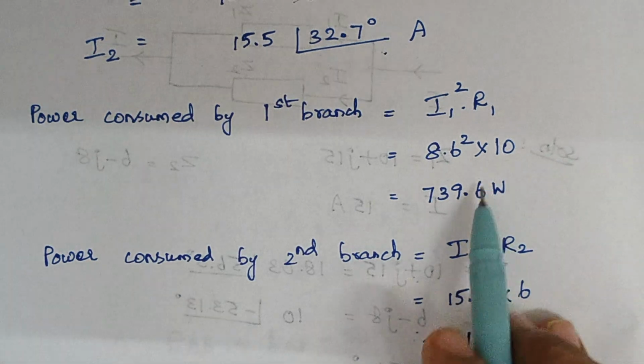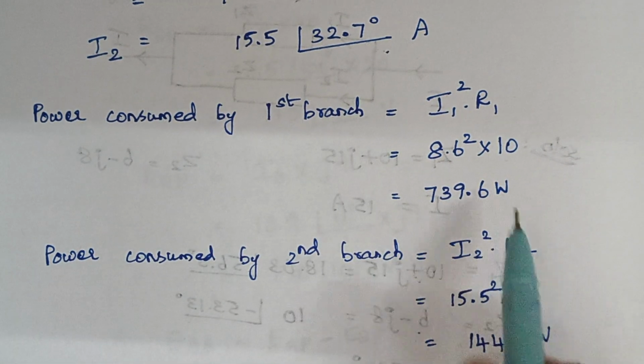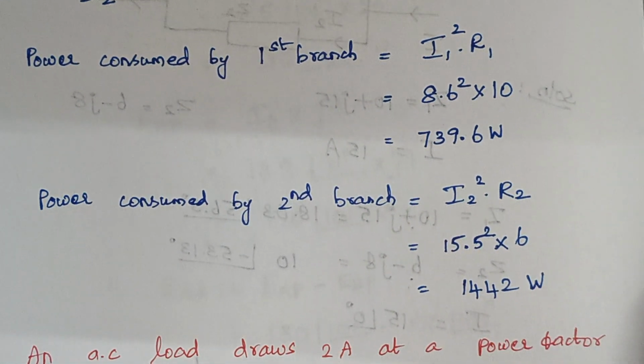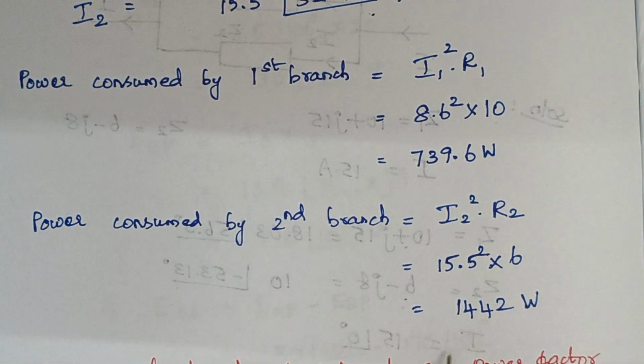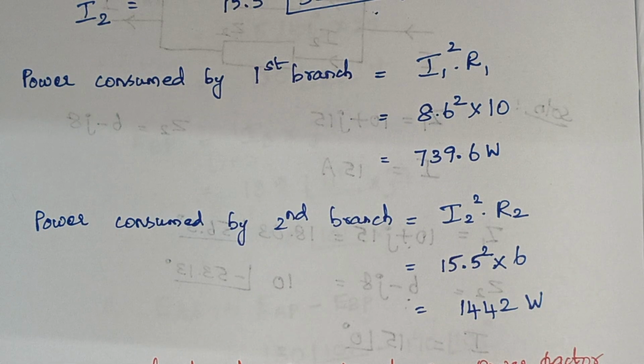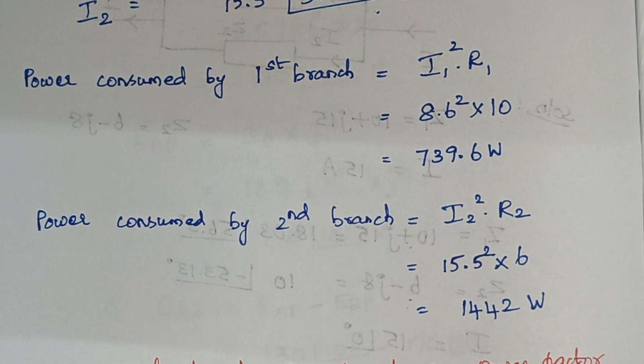So here the answer is 739.6 watts, and power consumed by the second branch is, again, I2 square, which is 15.5 whole square into 6. The answer is 1442 watts. So here comes the end of